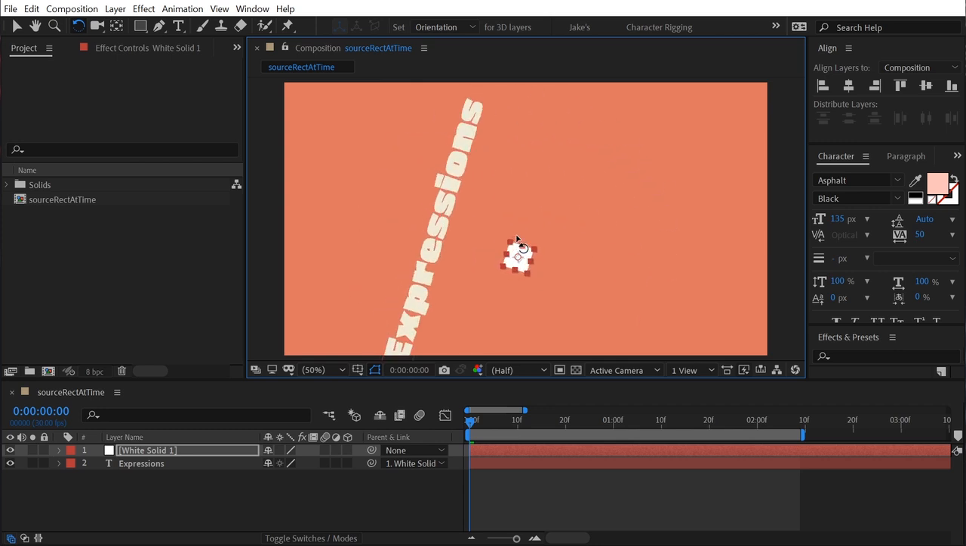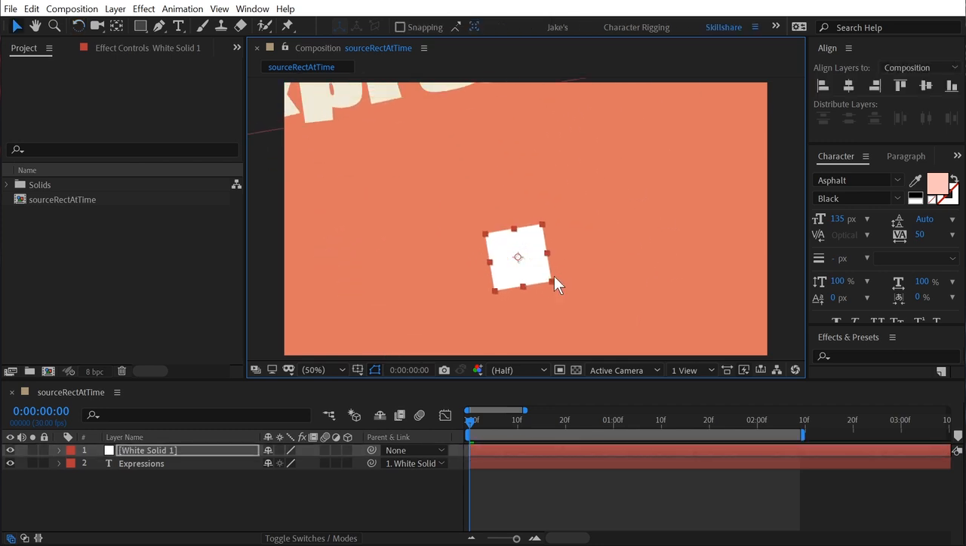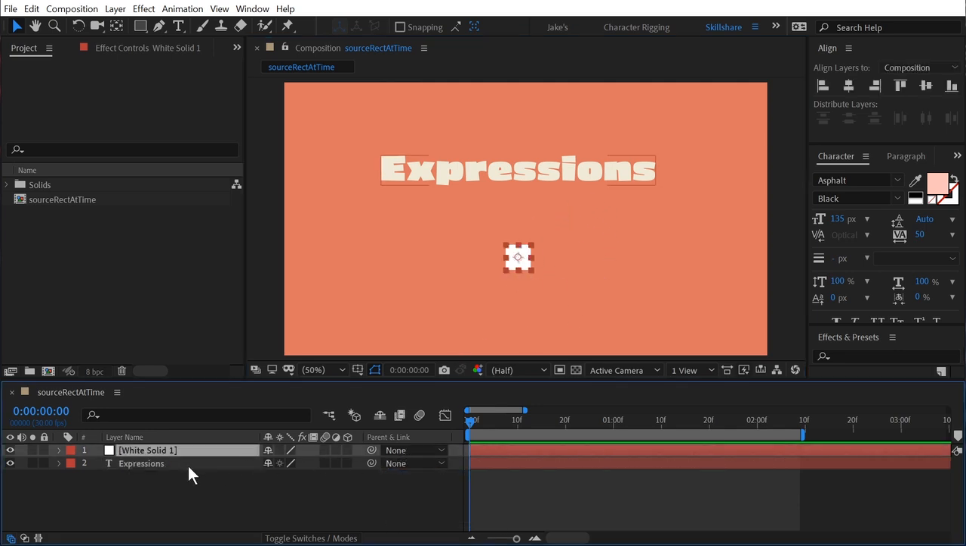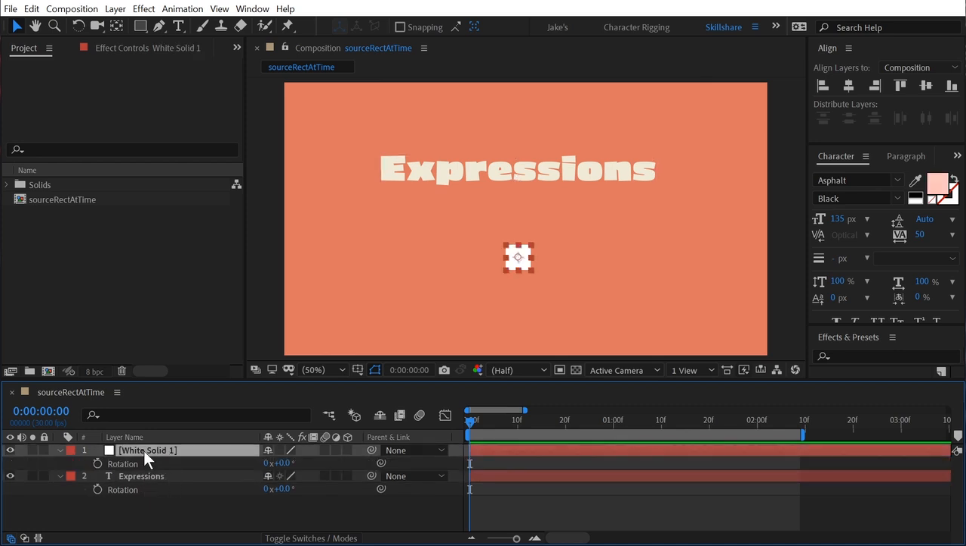So if I rotate it, it's going to follow that. If I scale it up or down, move it around, the text layer is going to move with it. One way to use an expression is to basically parent or link one property to another. So if I take this parenting relationship off and I open up the rotation by pressing R on the keyboard